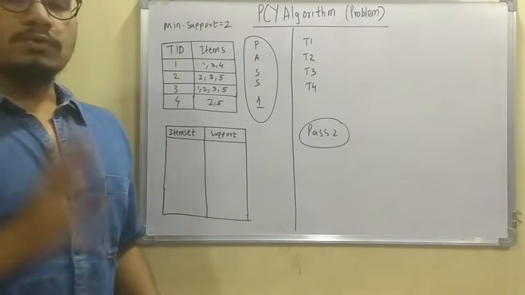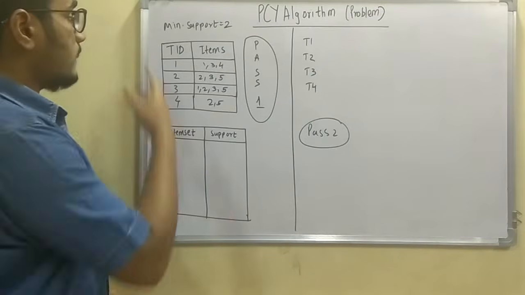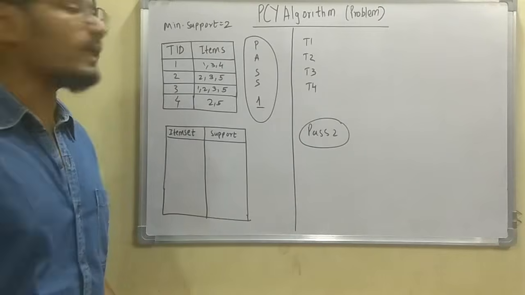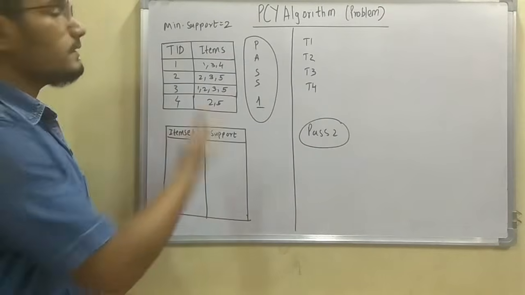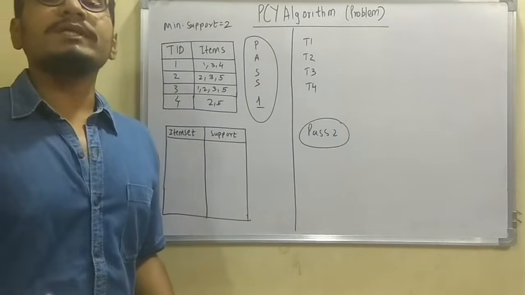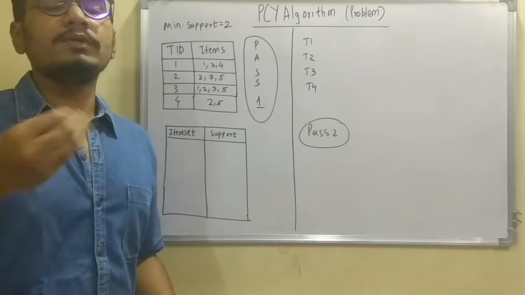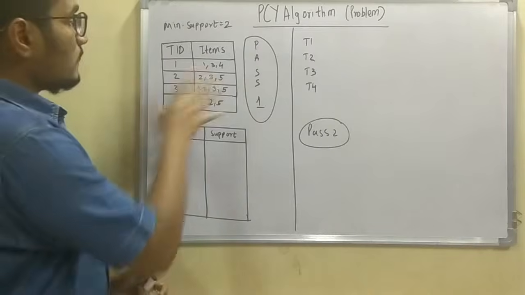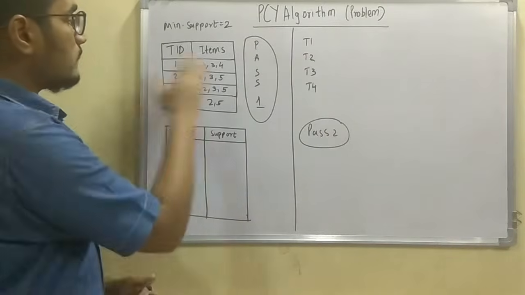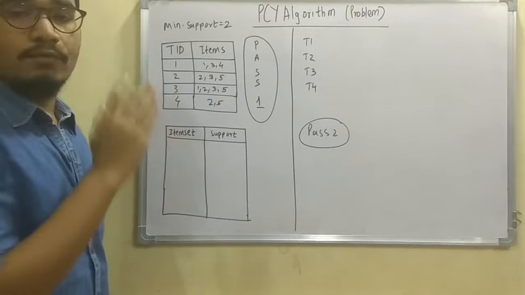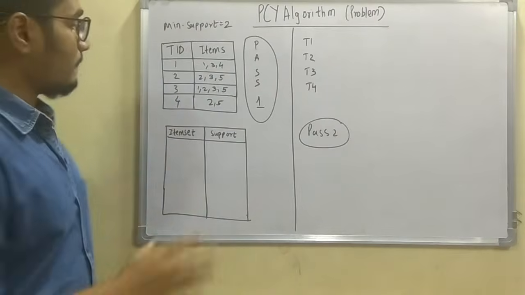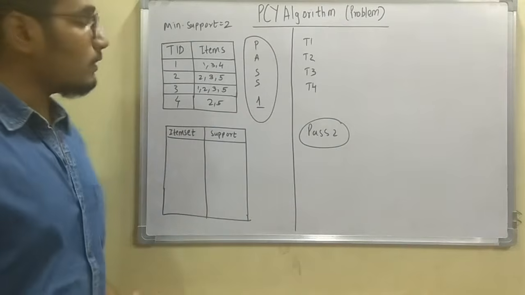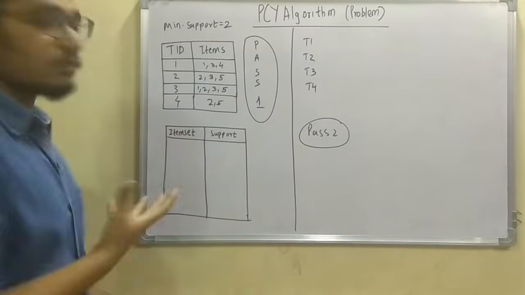So let's start. There are 4 transaction IDs given, that is 1, 2, 3 and 4, which you can call serial numbers or transaction IDs, and the minimum support here is given as 2. Minimum support is basically the threshold value below which we drop, or don't count, the items while considering them into the item set. These are the items given for each transaction ID: for 1 it is 134, for 2 it is 235, for 3 it is 1235, and for 4 it is 25. This comprises pass 1 of the PCY algorithm. So let us start to solve this problem.